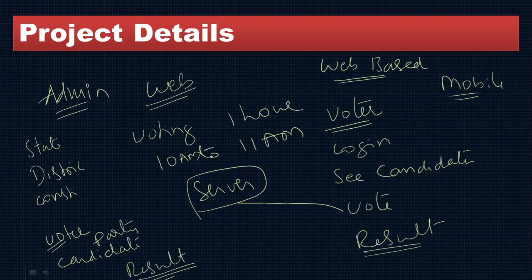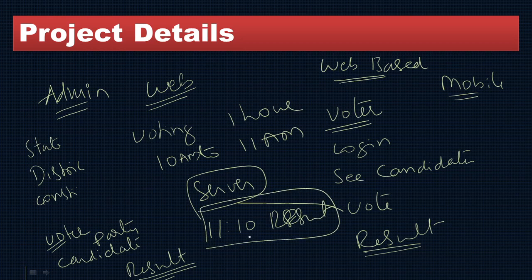You need to do whatever you want to do on the previous day itself. On this particular day nobody can do anything. So a lot of the activities that happen nowadays can be avoided. And the second thing is that the whole votes go to the server. In the next hour itself, at 11 o'clock, voting is over. At 11:01 or 11:10 we can give the result. The result is automated because there is no manual interruption here. The whole thing is automated, so we can show the result immediately. So there are a lot of advantages here.